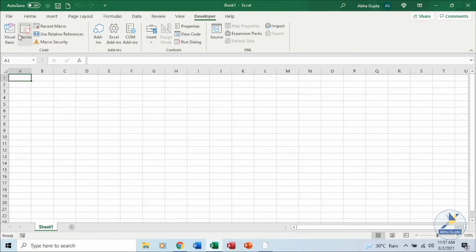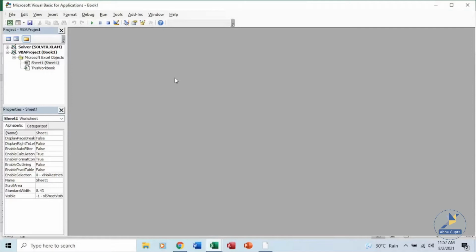So let's open the editor, click on VB. You can see the VBA for yourself over here. The editor is being opened. In this editor window, you can see the various tabs. This is the old-fashioned way in which applications were shown previously, and the same interface is available.